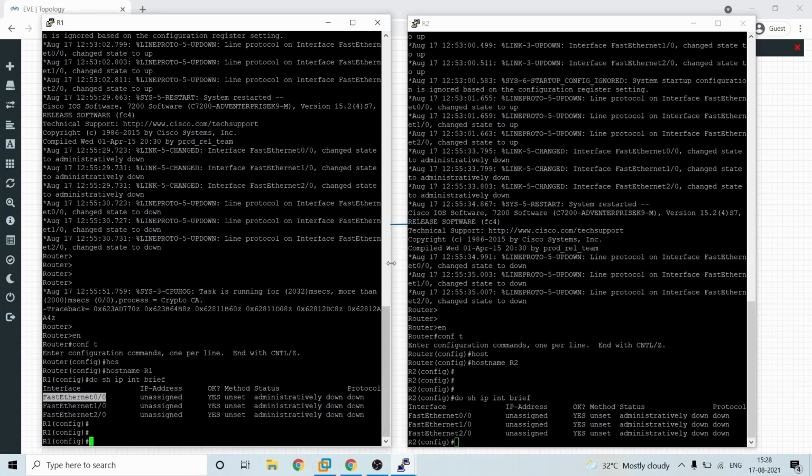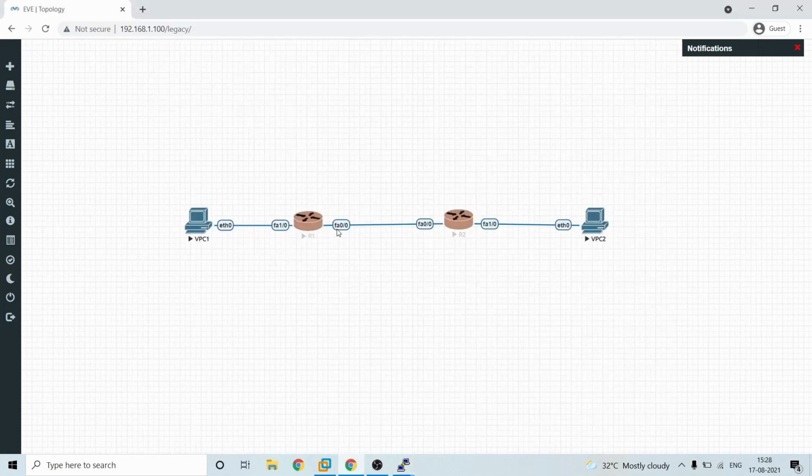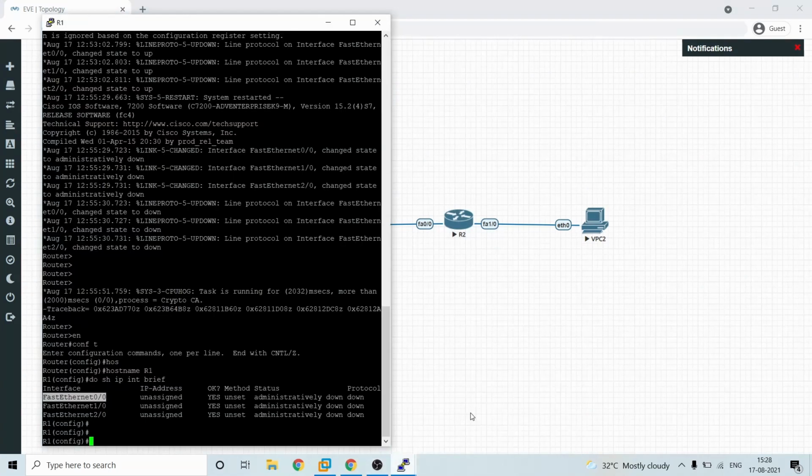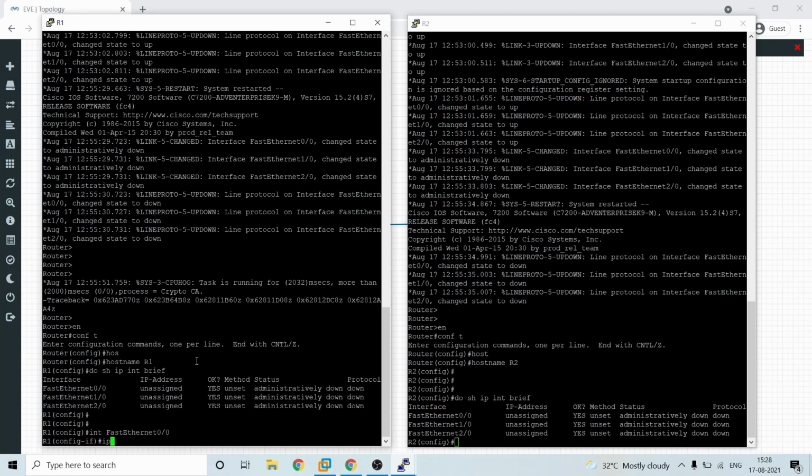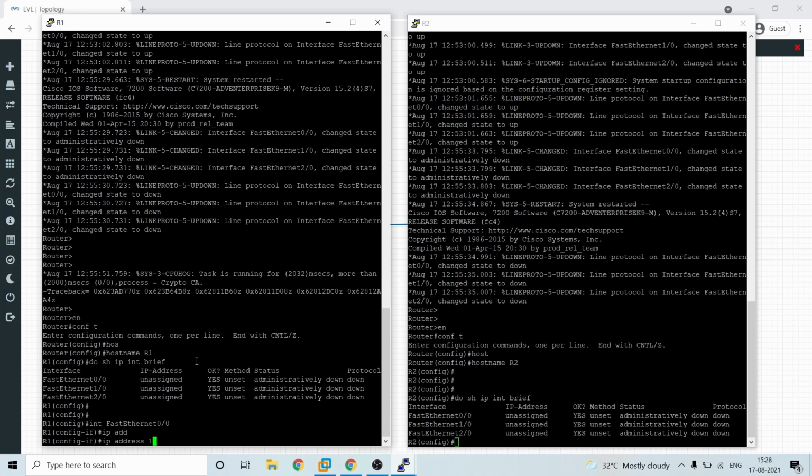So in the diagram you can see that 0/0 is connected to R2 and 1/0 is connected to the LAN in both the routers. So we'll start configuring that. Interface 0/0. I'm going to use the IP address 192.168.1.1/30 for OSPF.